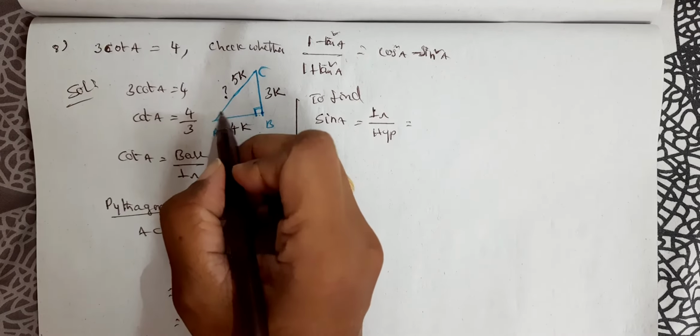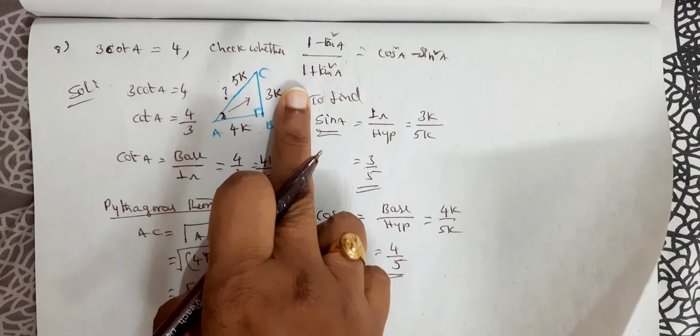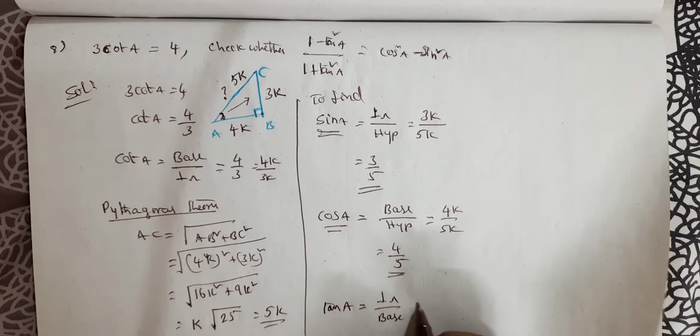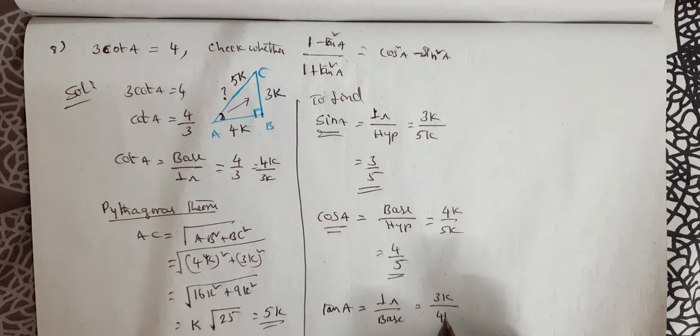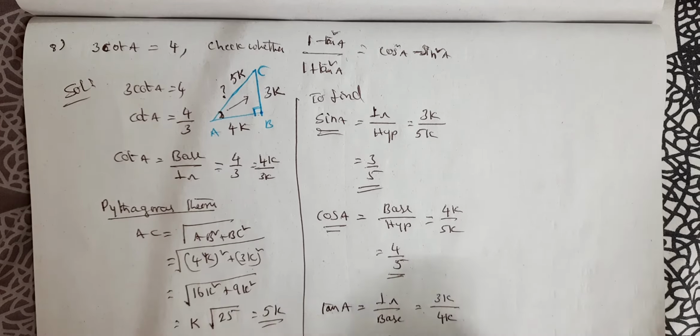So we determined sin A, cos A. Is the job done? No. We need tan A because in LHS you have tan and in RHS you have cos and sin. So therefore we have to also find tan A. What is tan A? Tan is always defined as perpendicular by base, or opposite side by adjacent side. In this particular triangle, the perpendicular is 3k and the base is 4k, so that is equal to 3 by 4. So we got the tan A value, sin A value and cos A value. Now we are ready to substitute in this one.